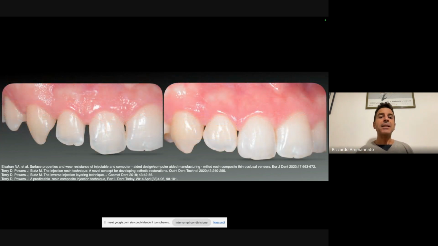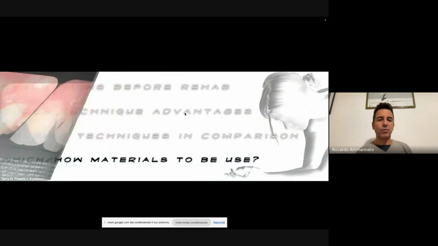And so you see here the situation before and the situation after. So again, we have here the canine, the mesiodistal on the lateral, and the distal side on the central. But this was just to share with you the differences between a full molding and a single molding, and we went through all the stuff.